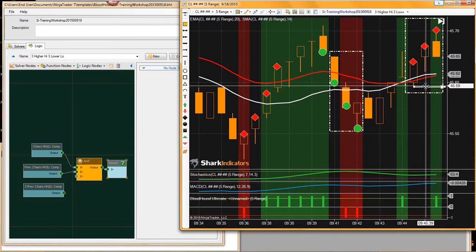Gunther, to detect a 3-line break pattern, BloodHound would need an indicator that would return the lowest low point of your last 3 bars, and also,